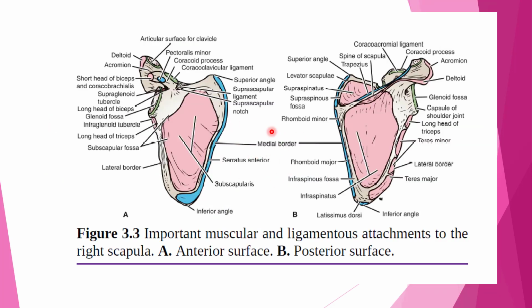This is the diagram which is showing the different muscles and the ligaments attached to the scapula. So we will learn all these features one by one. First of all, see here on the costal surface, there is a big muscle which is attached here. Can you see a big muscle which is attached on the ventral or the costal surface? This is subscapularis. Subscapularis is arising from the medial two-third of the subscapular fossa. This is subscapular fossa. Here subscapularis muscle is attached. This is number 1 muscle.